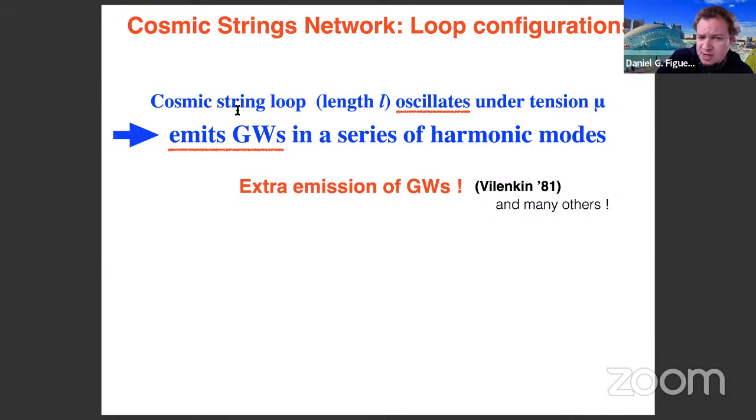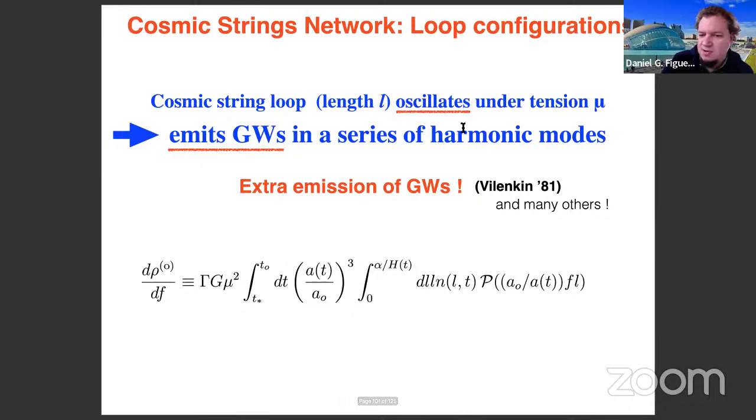Any cosmic string loop that you produce of a given length L is going to oscillate under its tension, and in doing so, it's going to emit gravitational waves in a series of harmonics. There is a whole formalism that Vilenkin pioneered, and then together with him, other people in the mid to late 80s, and later on it's been refined by multiple authors. And essentially, at the end of the day, what this formalism says is that the energy density spectrum of gravitational waves from any network of cosmic strings is modulated, is given by the tension here,